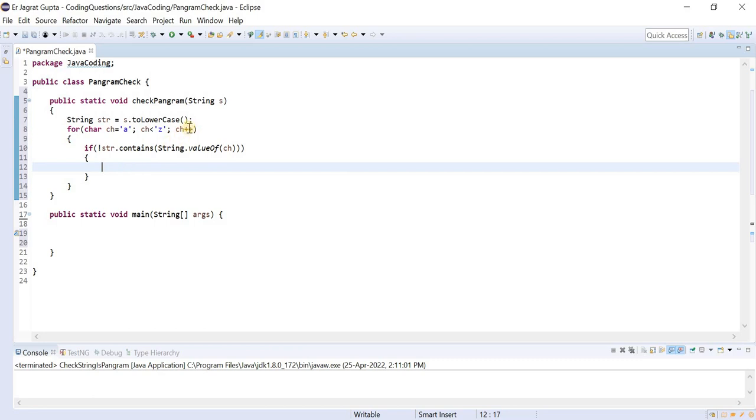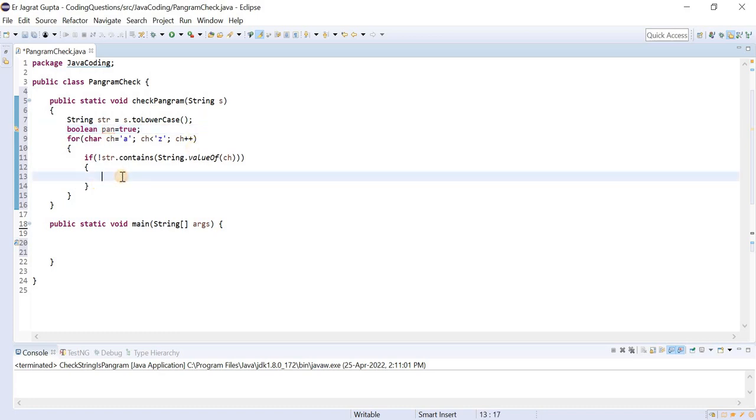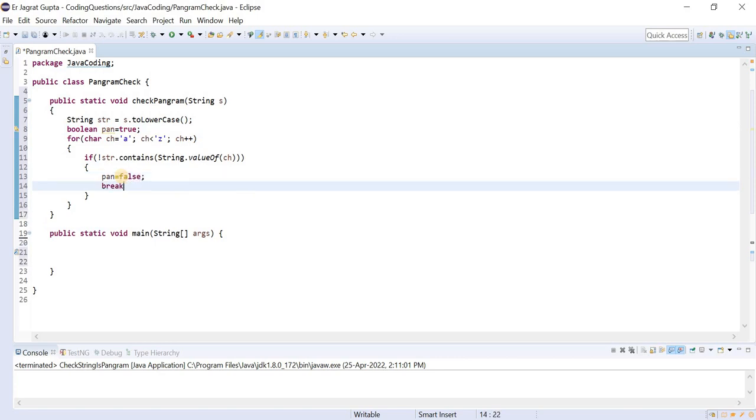Okay, we need to do one more thing. Boolean pan, let us suppose, is equal to, by default, true. As soon as something is not present, pan is equal to false, and it will immediately break.